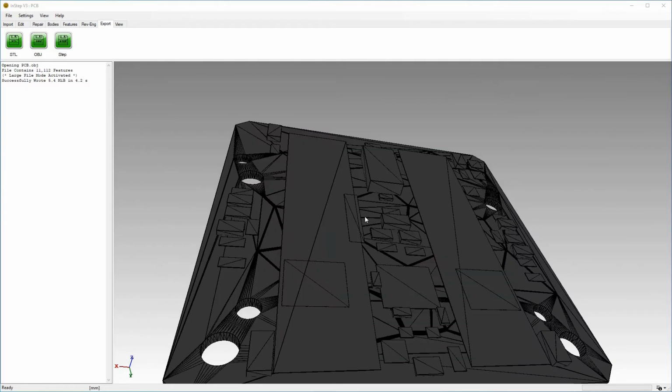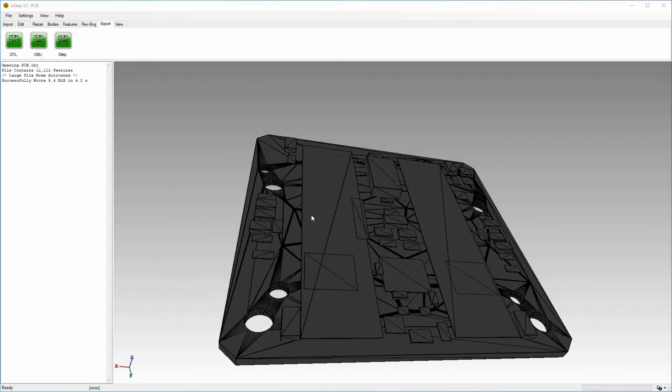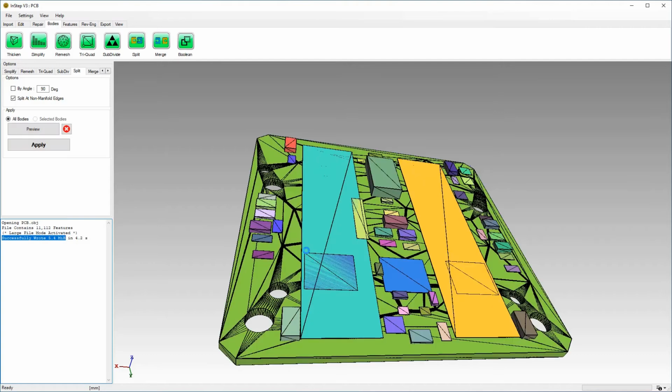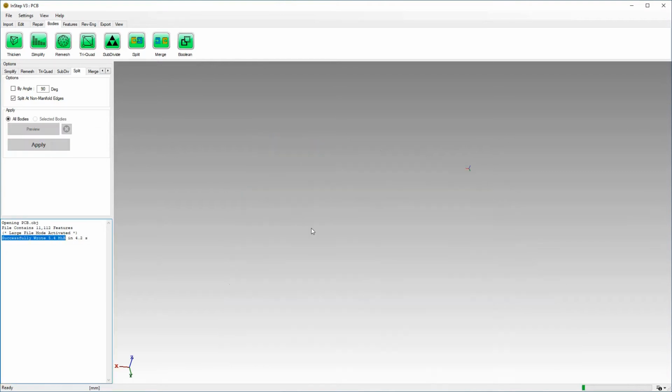The first thing to point out is that if we just go ahead and export this as one set of data, the application won't be able to do much in terms of determining what different components are and so on. So the first process will often be that we go to bodies and then split the data. We can leave the defaults on and click preview to get an idea of how the application thinks the different components are laid out. In this case, we can see by the colors that it recognizes different items and splits those. So we click apply to make that change permanent.